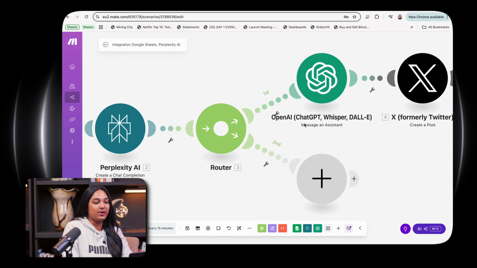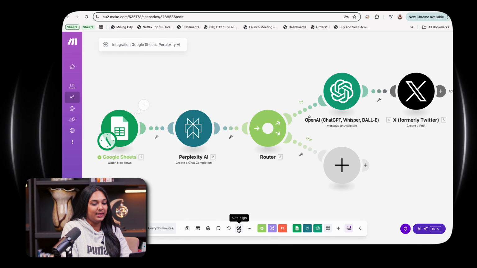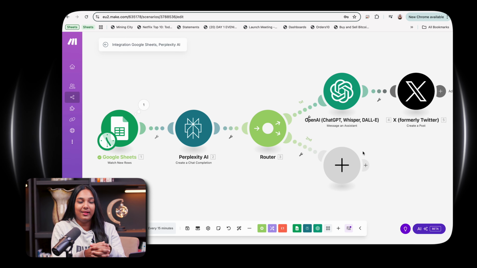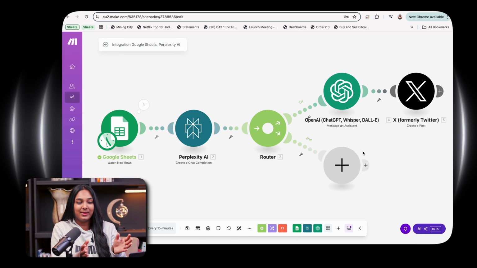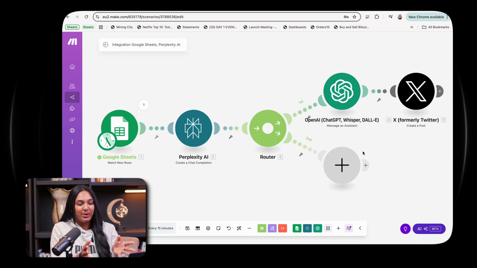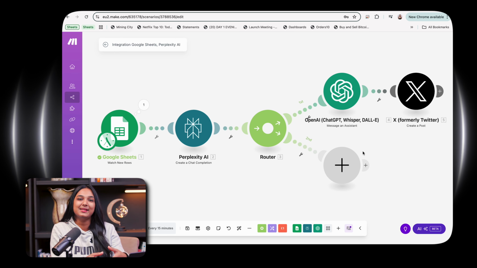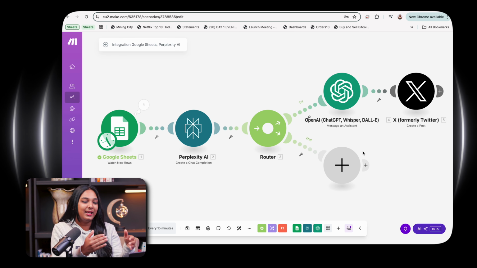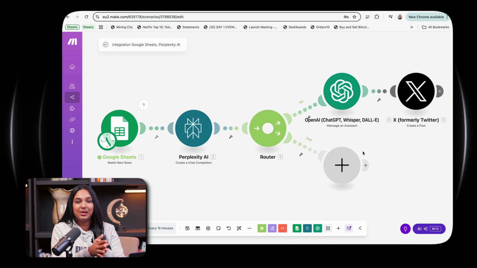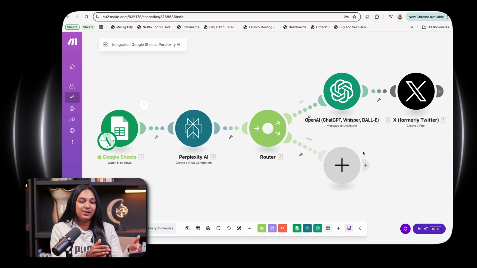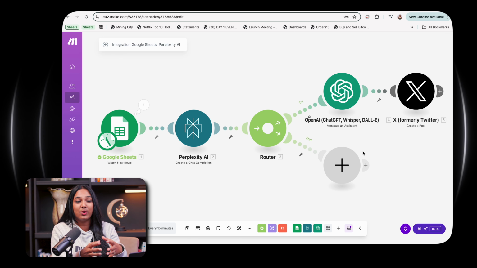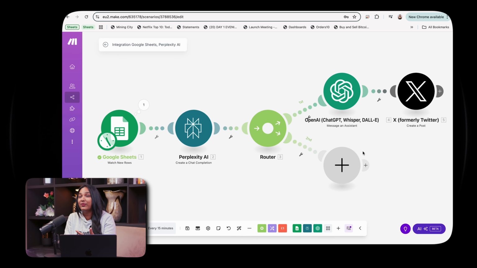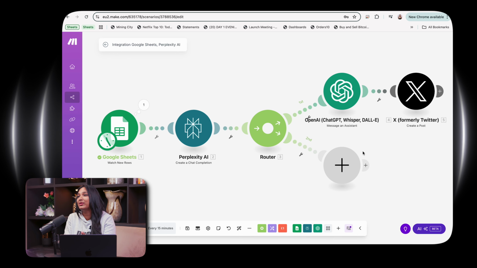And then once we run this whole module, if we auto align it, we will be able to post from a Google URL, or any specific URL that you put into your Google Sheets. Perplexity will then change this and summarize this into a heading for you, or any specific information that you would like. It then routes to ChatGPT, and it will then ask you to connect to your specific or personal social media account. You could do this for X, you could do this for Twitter, for Facebook, for Instagram, for LinkedIn,